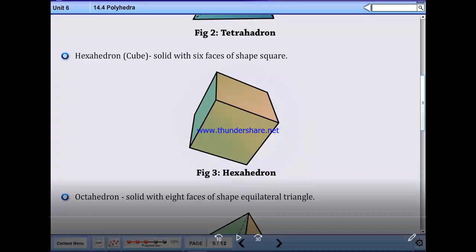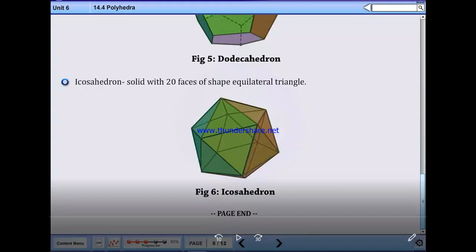See the figures of how the tetrahedron is available. Hexahedron, cube: a solid with 6 faces of shape square is a hexahedron. Octahedron is a solid with 8 faces of shape equilateral triangle. Icosahedron is a solid with 20 faces of shape equilateral triangle.